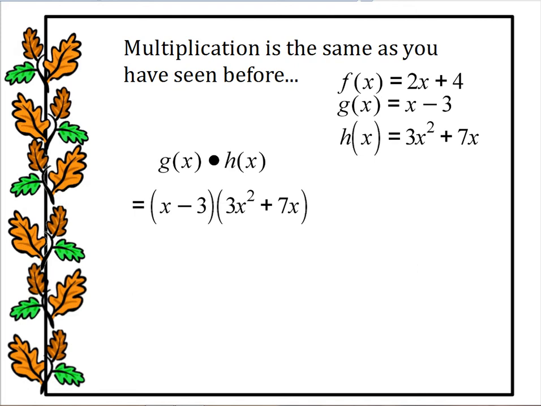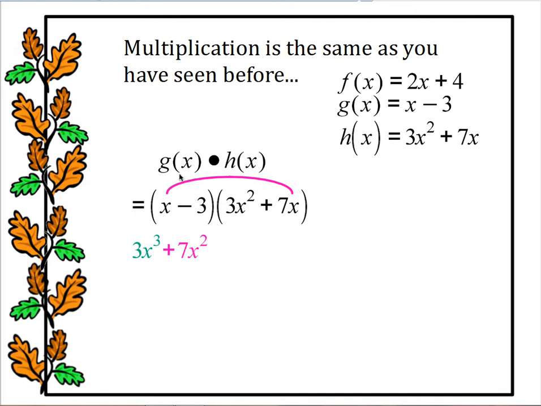the second polynomial. So I'm going to start with first term, first polynomial, which is this x right here. First, I'm going to multiply that to 3x squared. That gives me 3x to the third power. X times 7x gives me 7x squared. That takes care of just